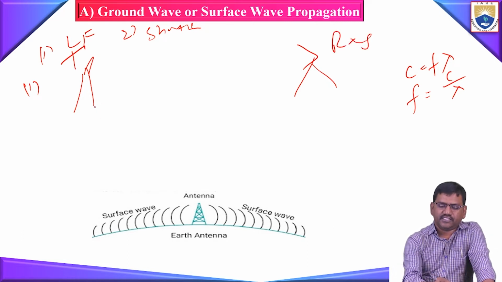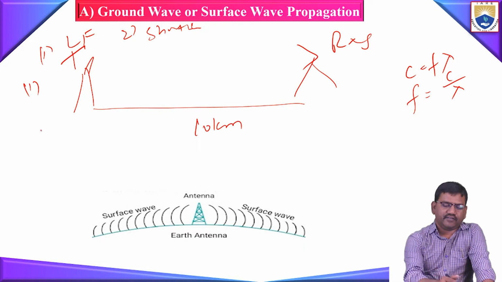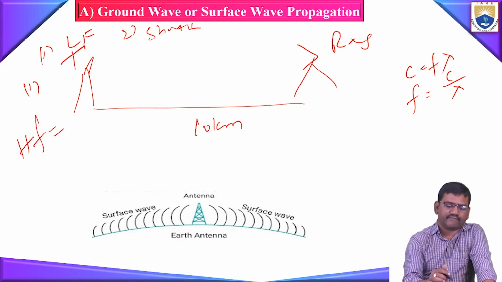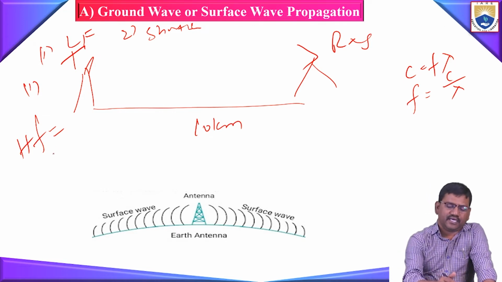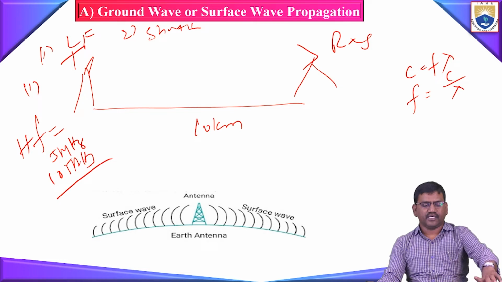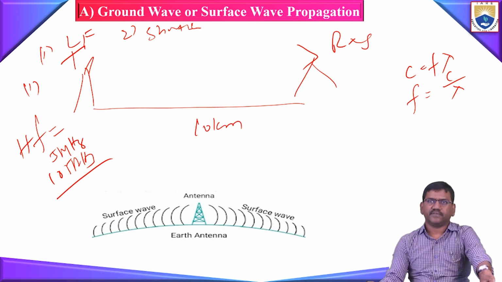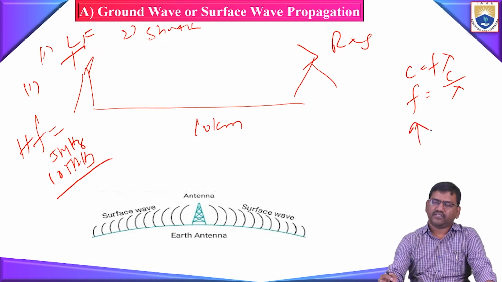Here, the distance between the receiving and transmitting antenna is 10 kilometers. Let us say the distance is 10 kilometers. If the frequency is a high frequency signal, that means at least a range of 5 megahertz or 10 megahertz, a high frequency signal is being transmitted from the transmitting antenna. So if the frequency is very high, we know that the lambda value will be very less, as